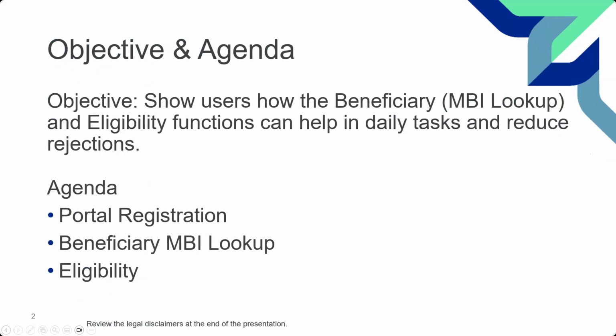Now today I'm going to show you a couple of functions offered within the WPS portal that will hopefully help you with billing for services and help reduce some eligibility related rejections that you may be receiving. I'm going to do that by briefly talking about how to register for the portal for those who may be new. I'll discuss the beneficiary MBI Lookup tool, and we're going to go through what information can be found using